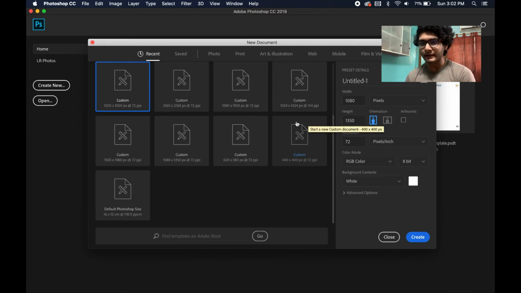So that's it. For the sake of this video, I am going with 1000 by 1000 at 72 ppi. PPI is pixels per inch, like each inch has a resolution, so per inch there are 72 pixels. If you are creating that artwork, that is quite fine for Instagram. You don't need more than that, to be honest.